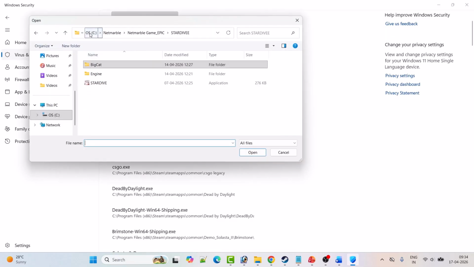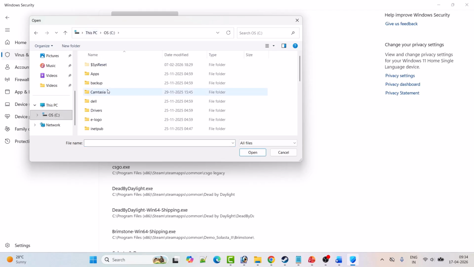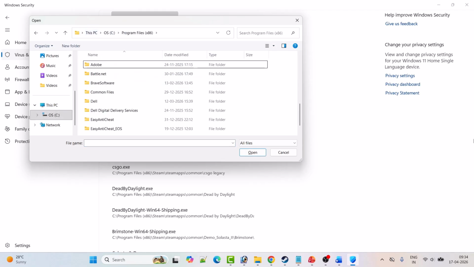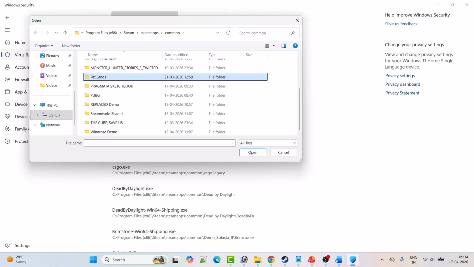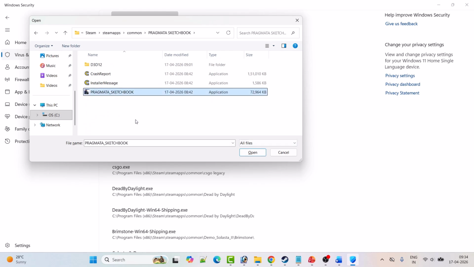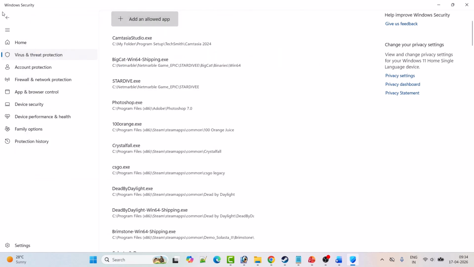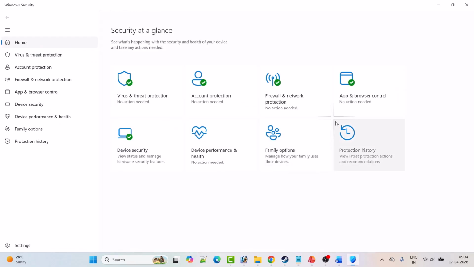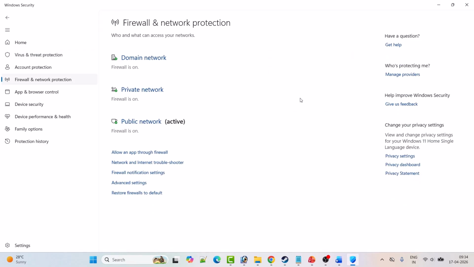Now go to the game installation folder. So open C drive, open Program Files x86 folder, open Steam folder, open steamapps folder, open common folder, open the Pragmata game folder and select the Pragmata exe file, and then click on open to add it to the list. Now go back, click on firewall and network protection, click on allow an app through firewall,